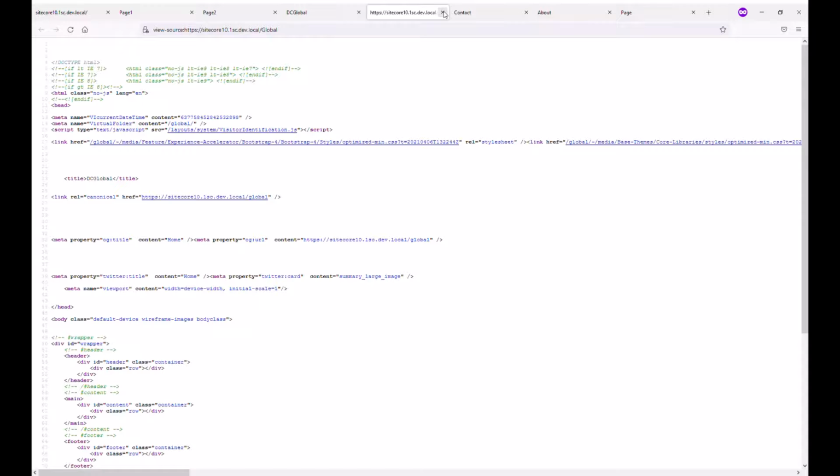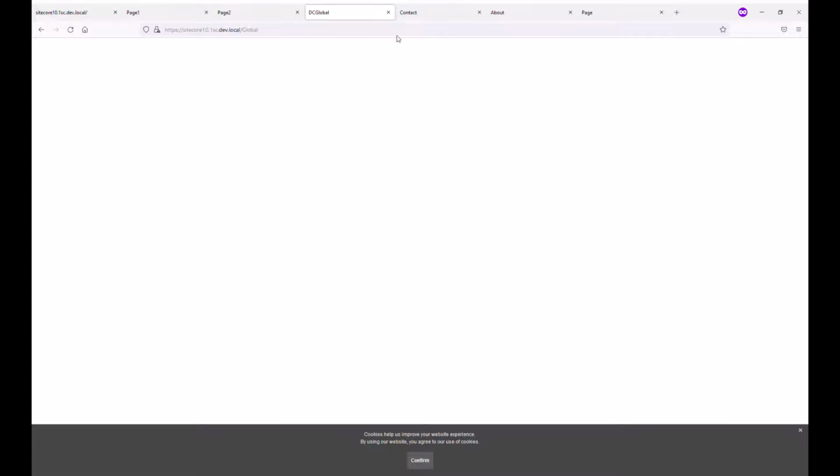So this site contains the home page, which contains the visitor identification.js, and these contact, about, and page. So these three pages are also part of this global site. Then I have run these pages, and in the analytics we will see what kind of pages are being captured from the site code.